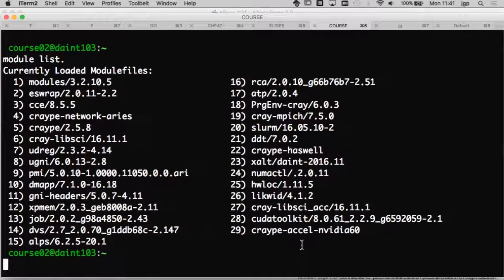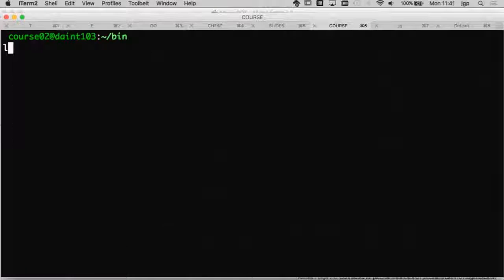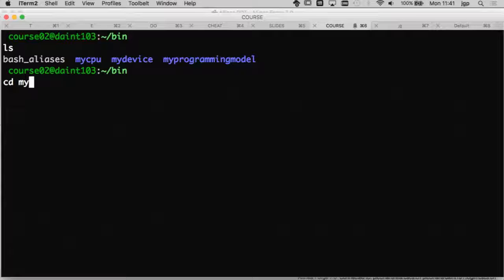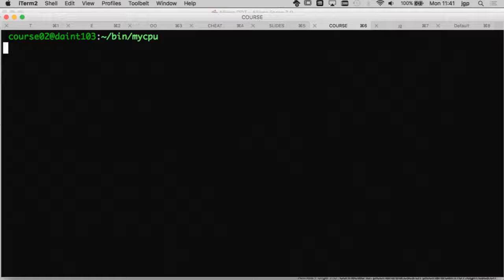Okay, so before I show you how to use the GPU, I will show you how to get some basic information about the type of CPU that we have. Because it's a Cray system, you have to remember that there are different types of nodes. So you have the login node, which is Ela, that we use to access CSCS. And then you have another type of login node, which I call